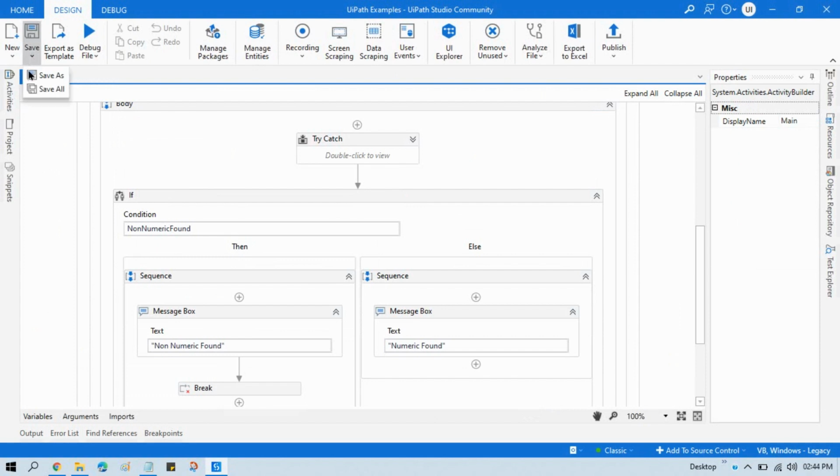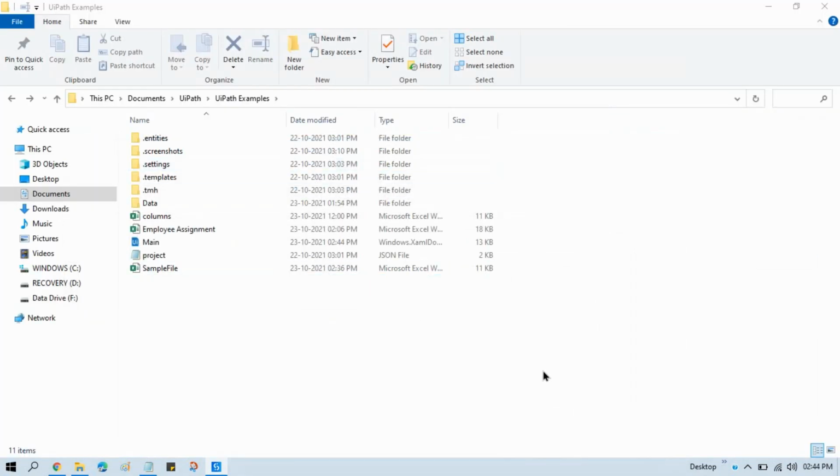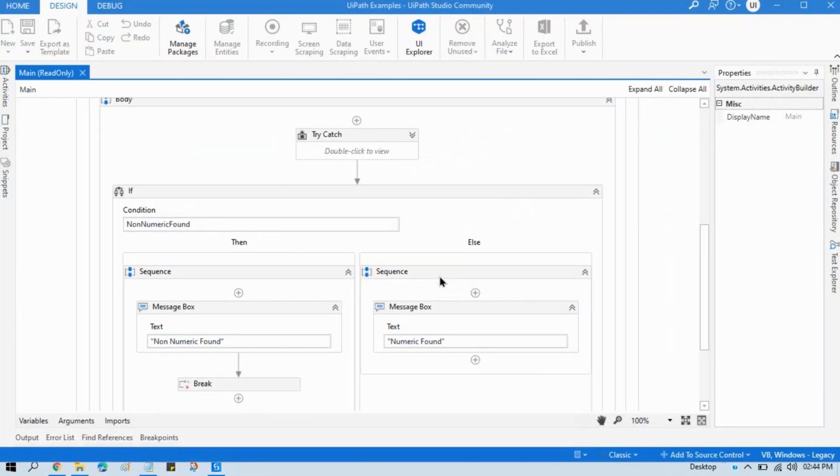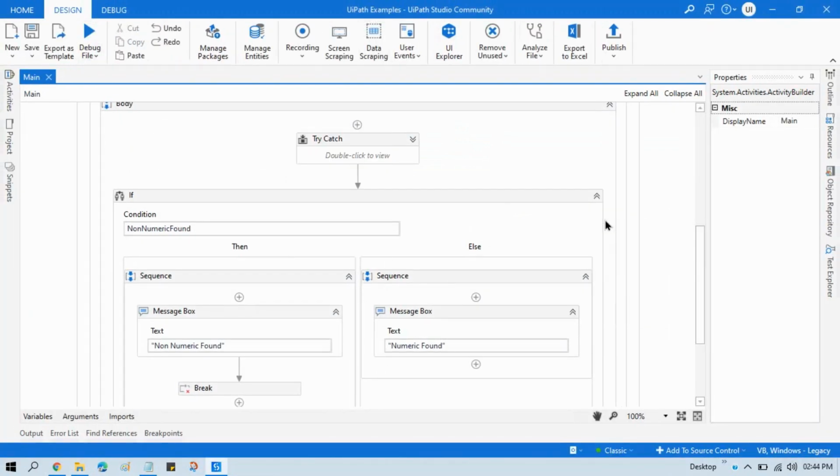Let me run this again. First value numeric, second numeric, third is non-numeric, and the loop breaks. So this way you can find the numeric value and you can find the non-numeric value.